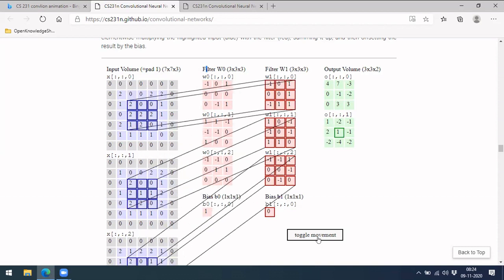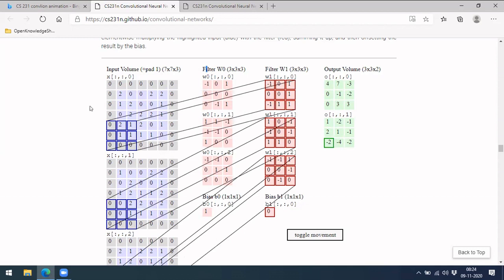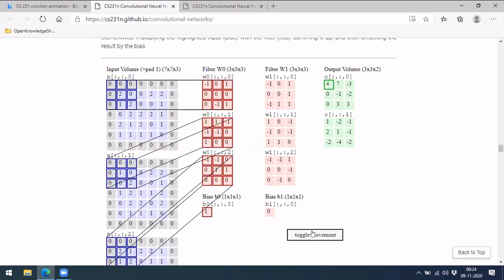Okay, so you can see here what is happening. You can see this blue marker. I have paused it. You can see this first filter is initially aligned with this first square. Then it will do the calculation: the first element to the first element, the second to the second element, and so on. It's not a direct matrix multiplication, it is an element-wise multiplication. Only the first value to the first value, the second value to the second value, and it will sum all those values.